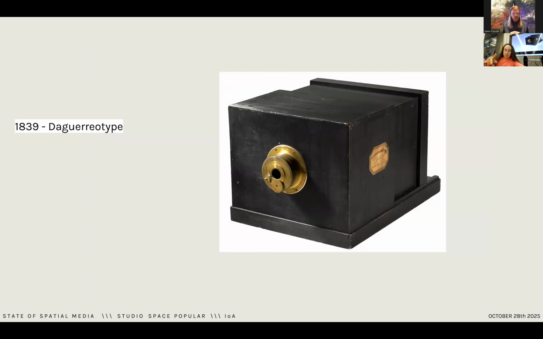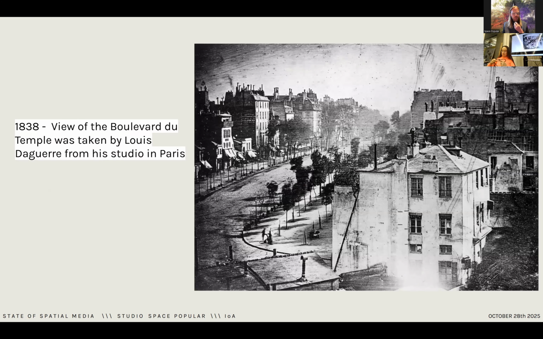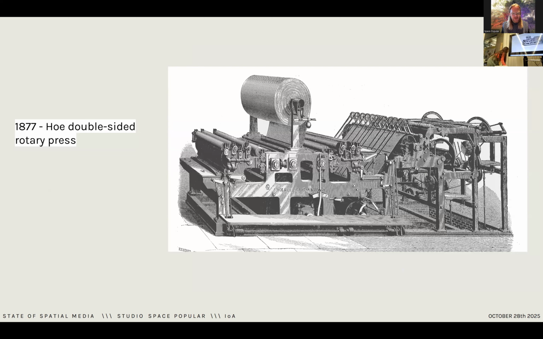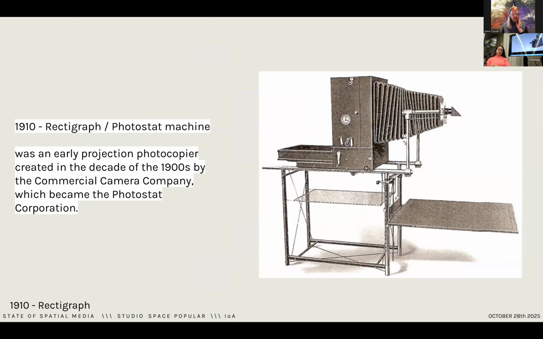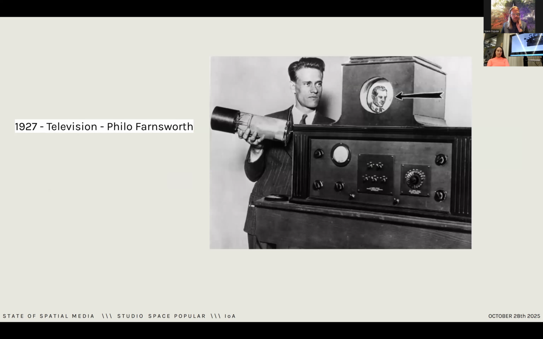Very quickly moving on to the most important and big moments. I mentioned the first photographs. It's important to project yourself into this reality, where this would be the first time an automated depiction of the visual world could be reproduced. Eventually this also led to more industrial forms of mass producing information, creating newspapers or different devices for containing a lot of information in very, very small things, and the early forms of projectors and photocopying machines. Of course, the television, which is less than 100 years old as an invention,